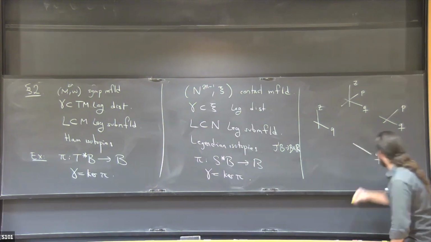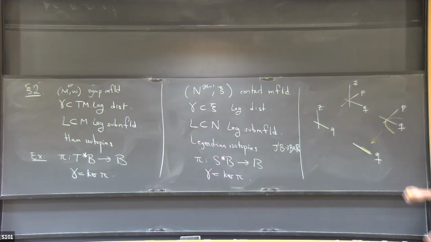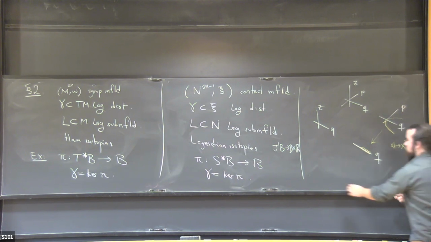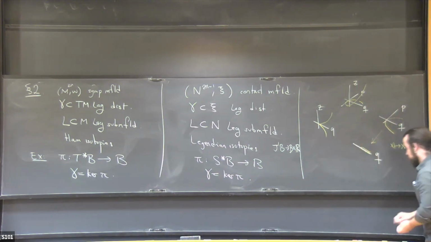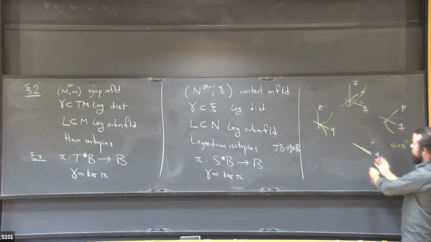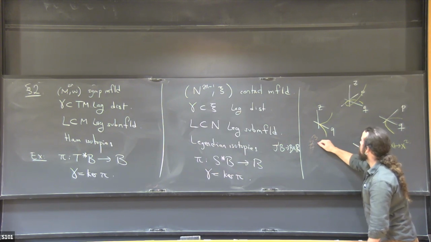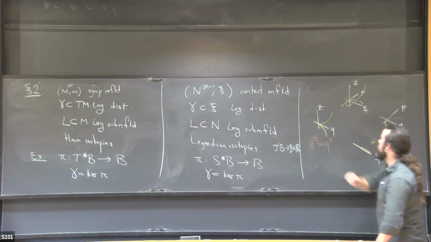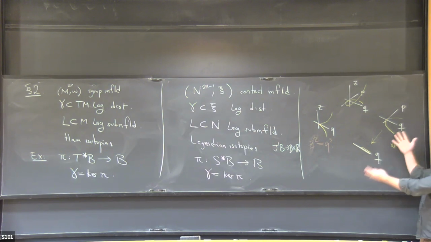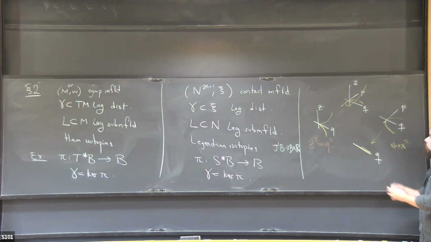So in the symplectic world, I would have a parabola up here, and it projects down there. And so locally in coordinates, this is just the map x goes to x squared. But of course, if I take the Legendrian lift, it's going to be something like this, and if I project it there, I get a cusp. And so in the Legendrian world, the folds are really semi-cubical cusps. So this is the simplest possible caustic that you could hope to have, and